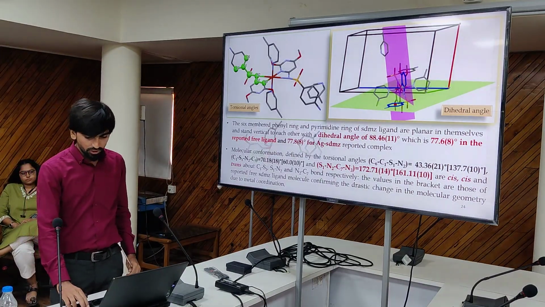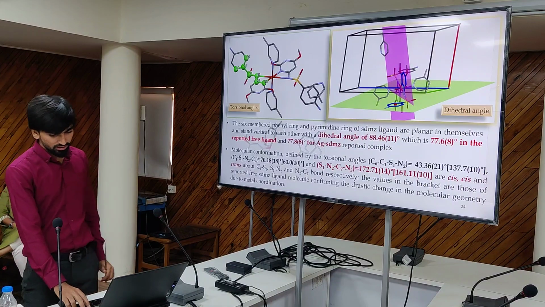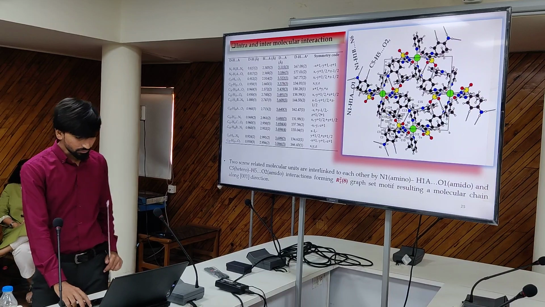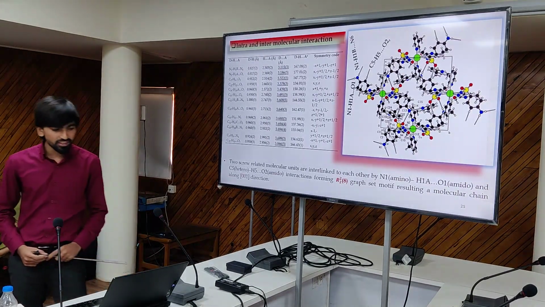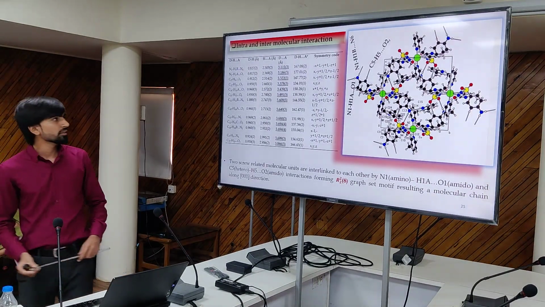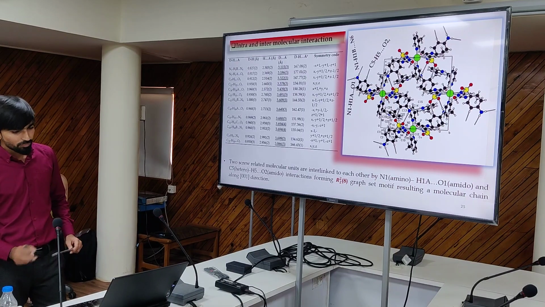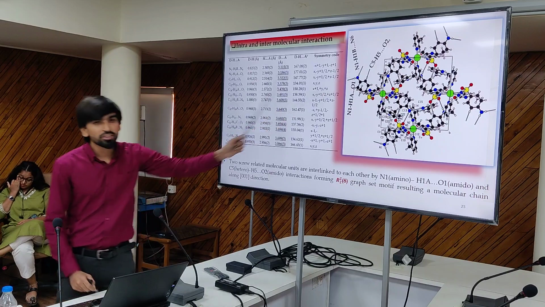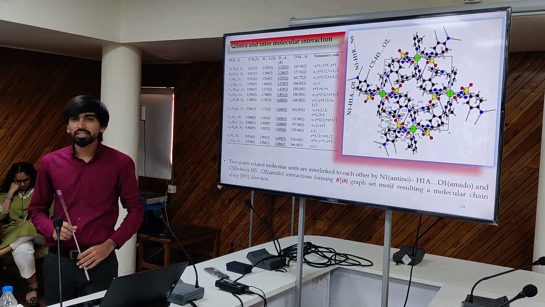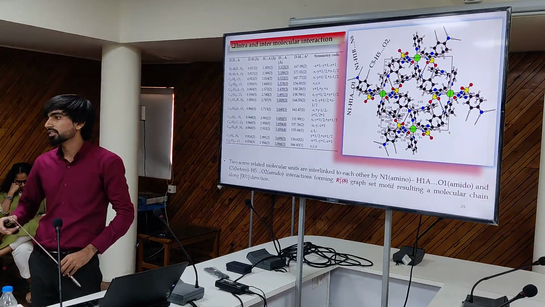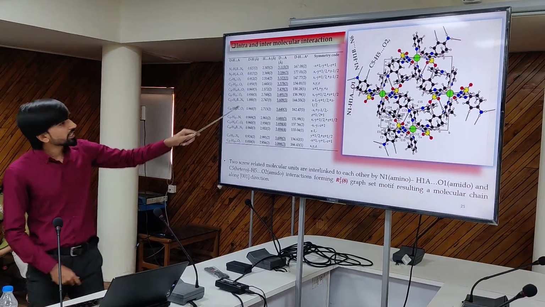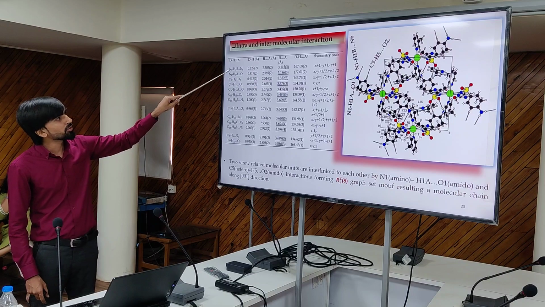So this one is 172.71 in the case of the metal complexes and 161.11 in the case of the free ligand. Now, one of the important things is intermolecular interaction. So here in my complex, in the previous one, that NH is bound with the glutamic acid and histidine, right? So this NH plays a major role whenever we discuss antibacterial activity. So here that NH is also taking part in the intra- and intermolecular interaction, and